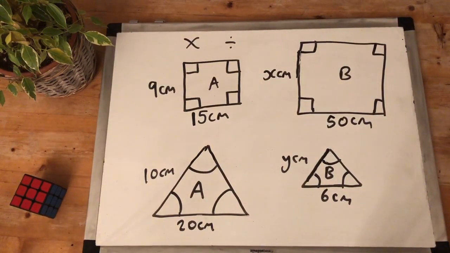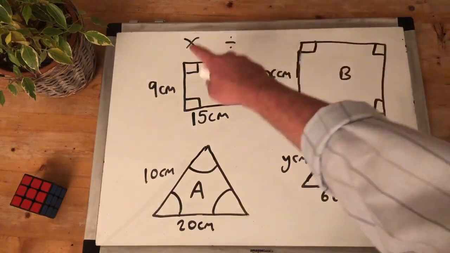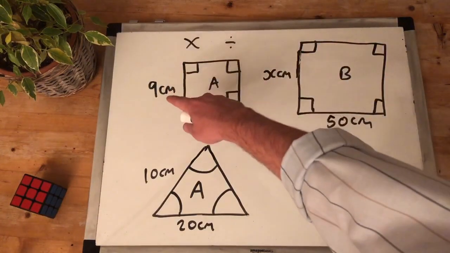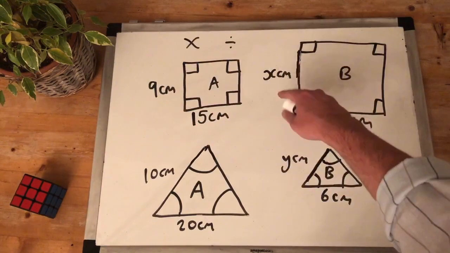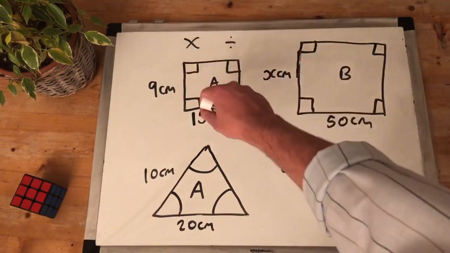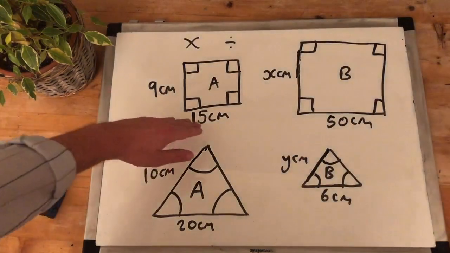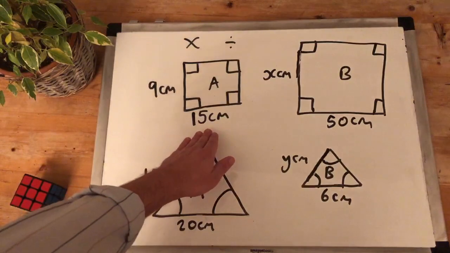Today we are going over similar shapes and how to find missing sides when the numbers are more awkward. I don't have any information about these sides here, or about the top. The side, I have 9 centimeters here, but I'm looking for X. I know the lengths of both bottoms. It's 15 centimeters and it's 50 centimeters, which means I'm looking at how to get from 15 centimeters